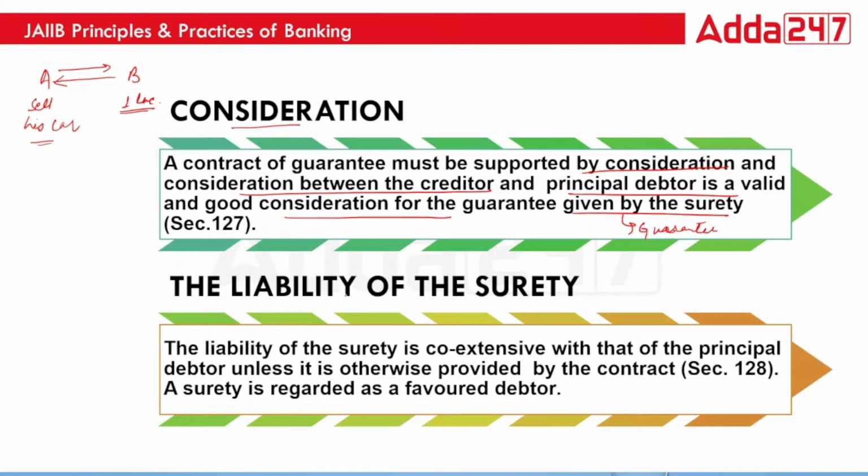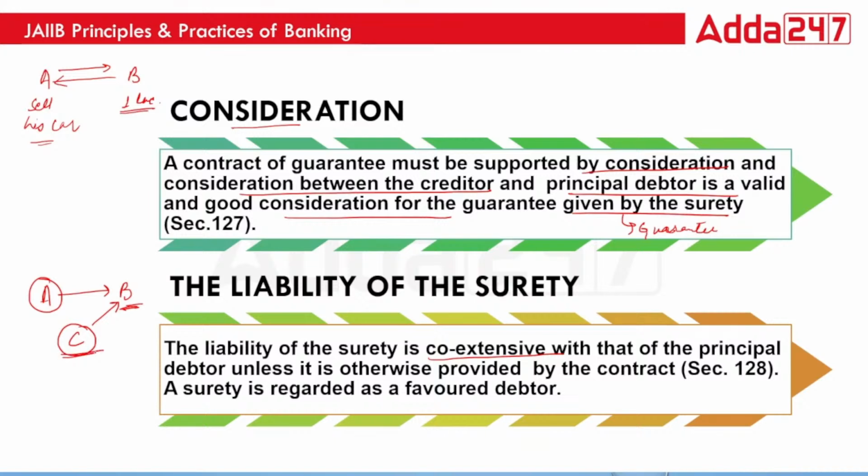Now comes the liability of the surety. The liability of the surety is coexistent with that of the principal debtor. Unless it is otherwise provided by the contract, a surety is regarded as a favored debtor. Favored debtor means that if A and B had a mutual contract and C has given a guarantee, then when A does not make the appropriate payment which he had to, C will become liable to pay, and in that case for B,